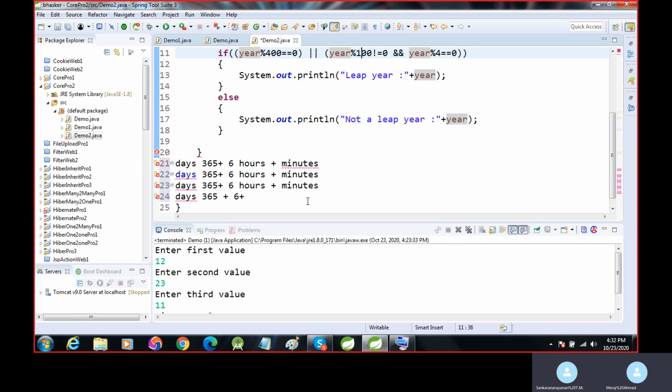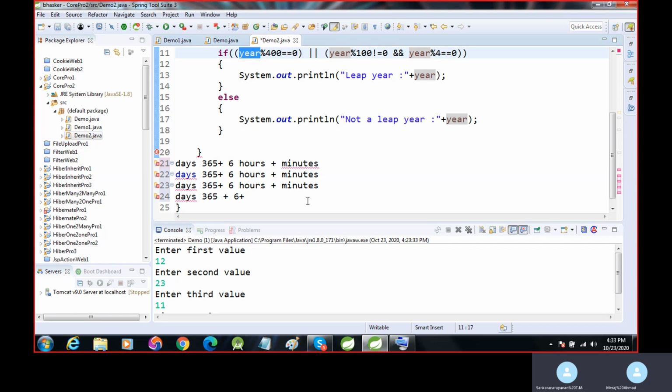After dividing by 100, the remainder will not be 0, and after dividing by 4, it equals 0.